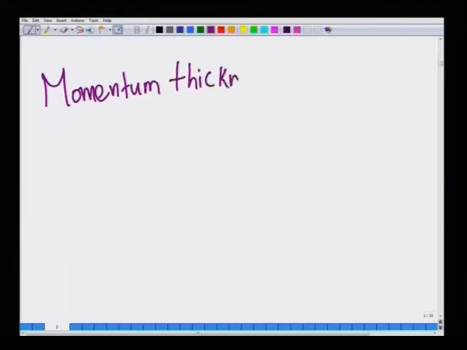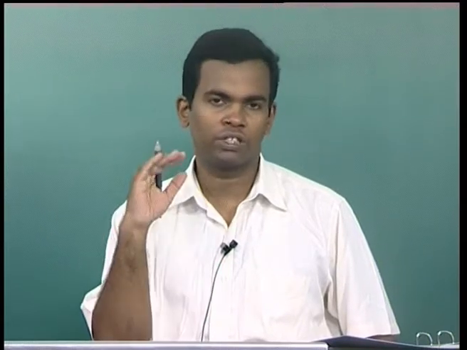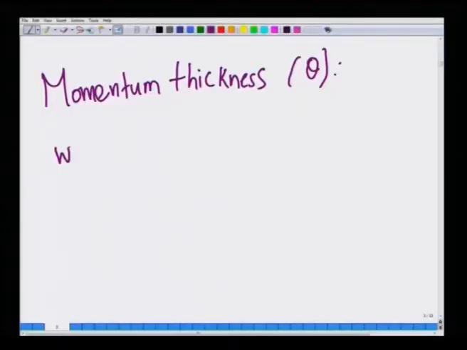The other definition of thickness of the boundary layer is momentum thickness, usually denoted by the Greek symbol theta. Okay. Now, instead of worrying about the deficit in mass, here we are going to talk about the deficit in momentum. So, the definition is in that sense very much similar in spirit to the displacement thickness definition, wherein you worried about the thickness by which the plate must move so that the deficit in mass is taken care of. So, here we are going to worry about the deficit in momentum. Okay. So, without the boundary layer, the momentum flux